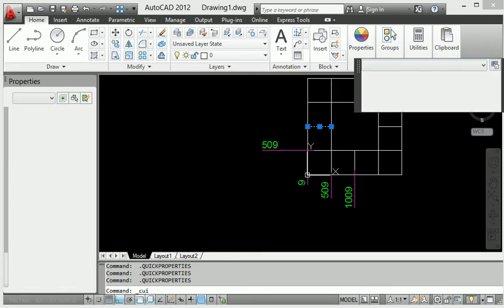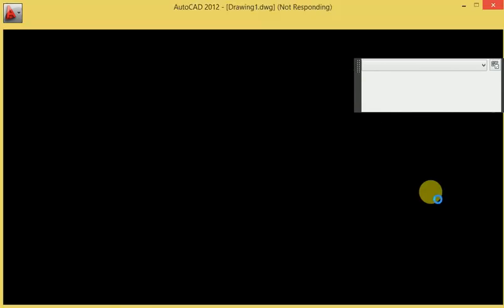So how do we shift the origin point in the whole diagram?